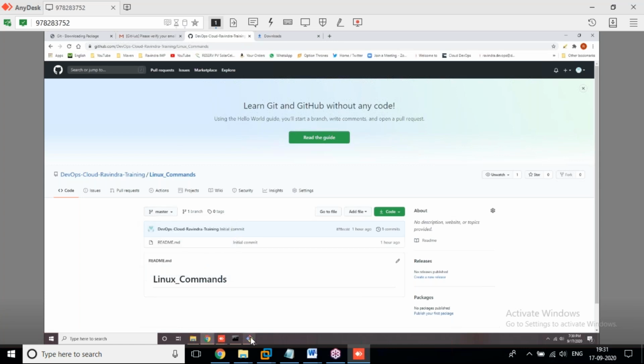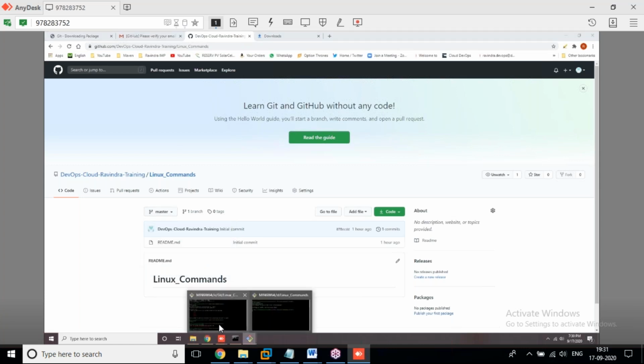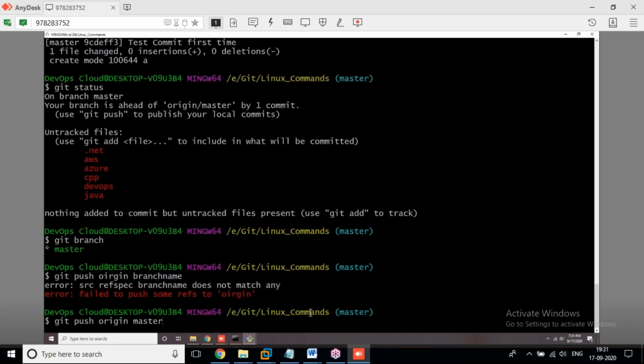Now we are sending the file only for this time. Keep in mind, guys, whenever you apply this command, check how many files are ready to go from our local committing area to remote.